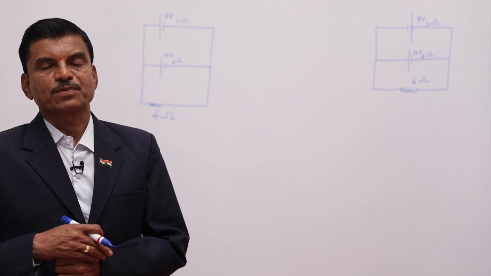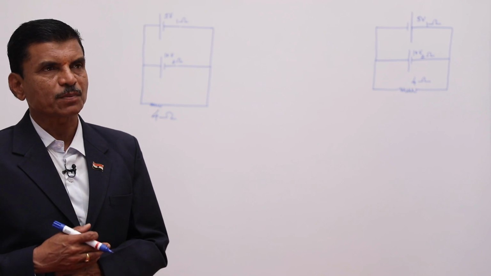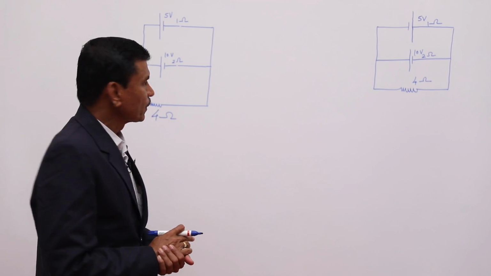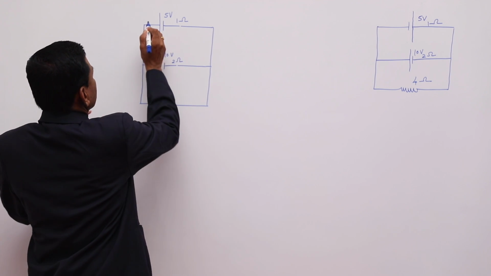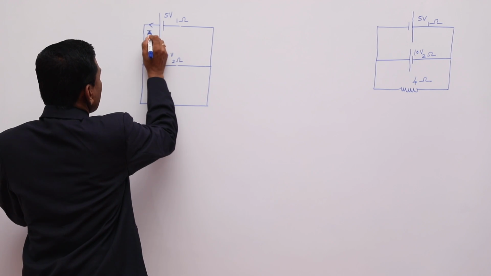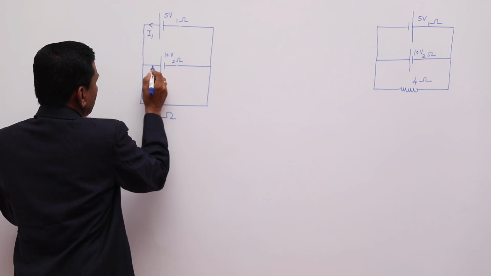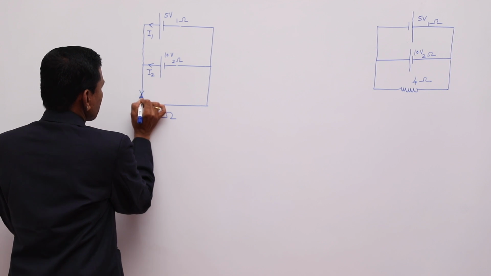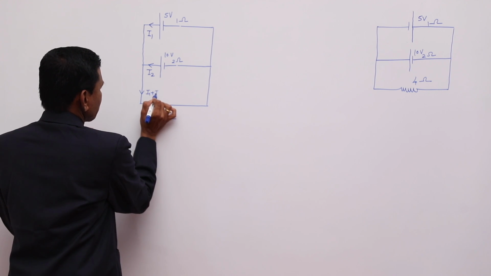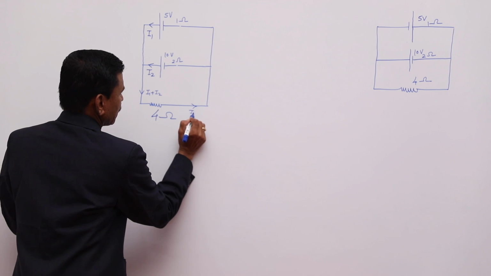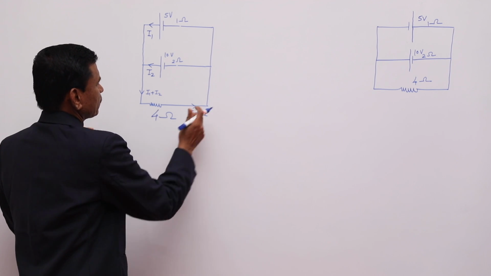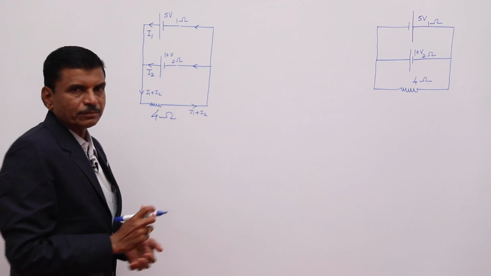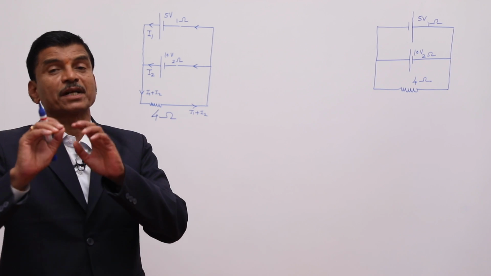So what are the norms? How can we use these Kirchhoff's laws? See, there is a complete circuit. Now assign the current as you like, but this is positive, so let current I1 be flowing from this branch, and let current I2 flow from this branch. So in this branch, which current will flow? I1 plus I2. Here it will be I2 and here it will be I1. So first thing, assign the currents.